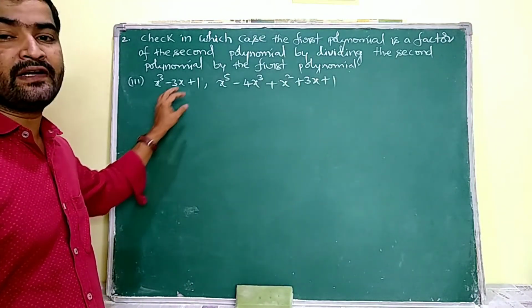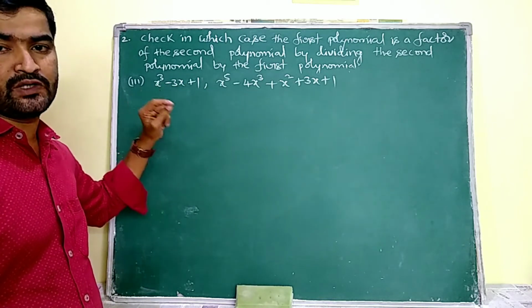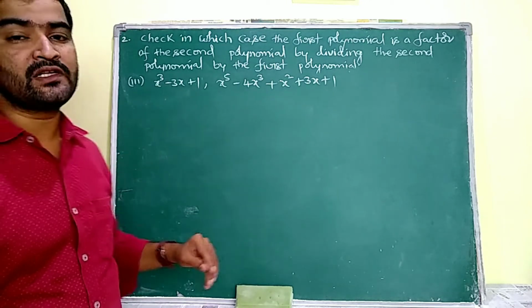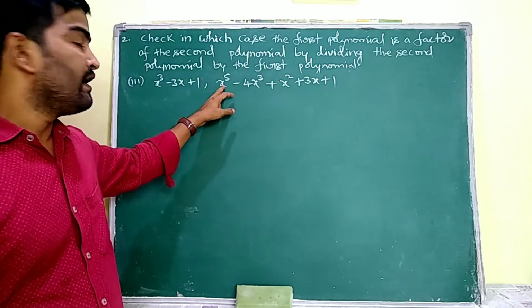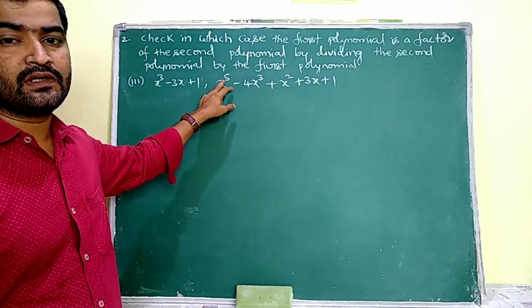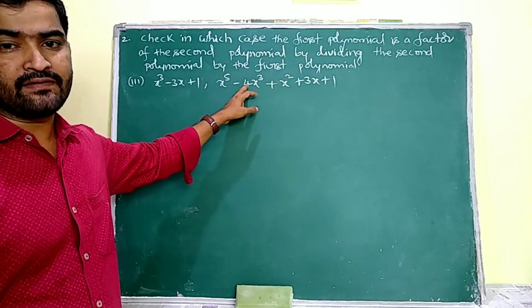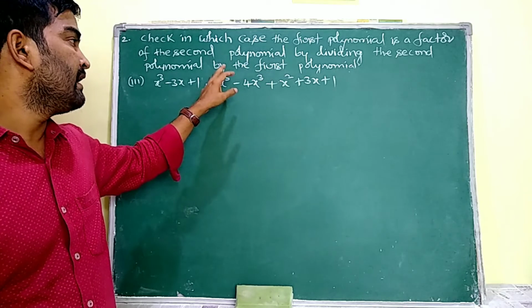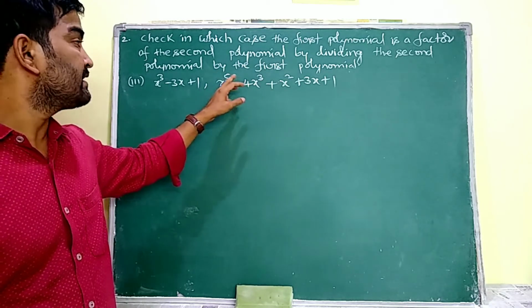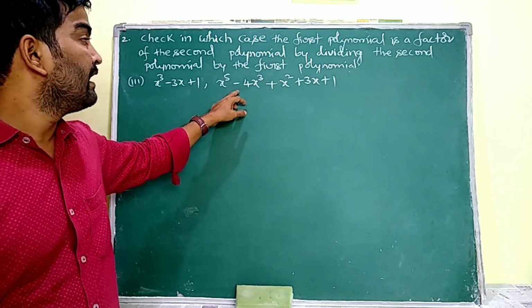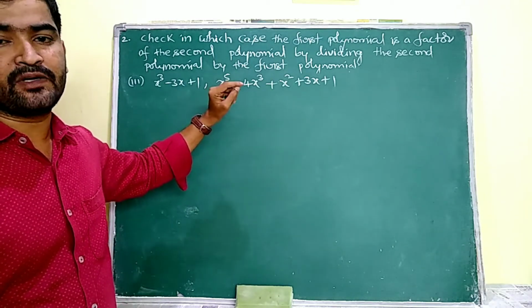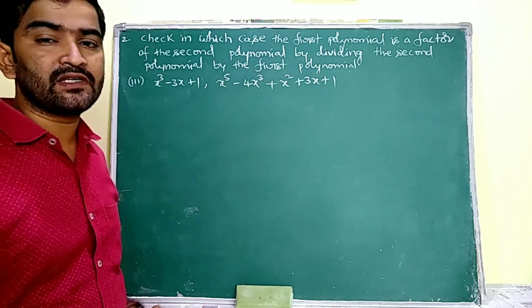See my third question. Here I have to divide the second polynomial with the first one. Now I have to check whether all the terms in the given polynomials are there or not. See, it is the x power of 5 term. Then we have to check whether the x power of 4 term is there or not. After the x power of 5 term, he gave the x cube term. That means the x power of 4 term is missing. So I have to write 0 in the place of that x power of 4 term, and the rest of all the terms are there.